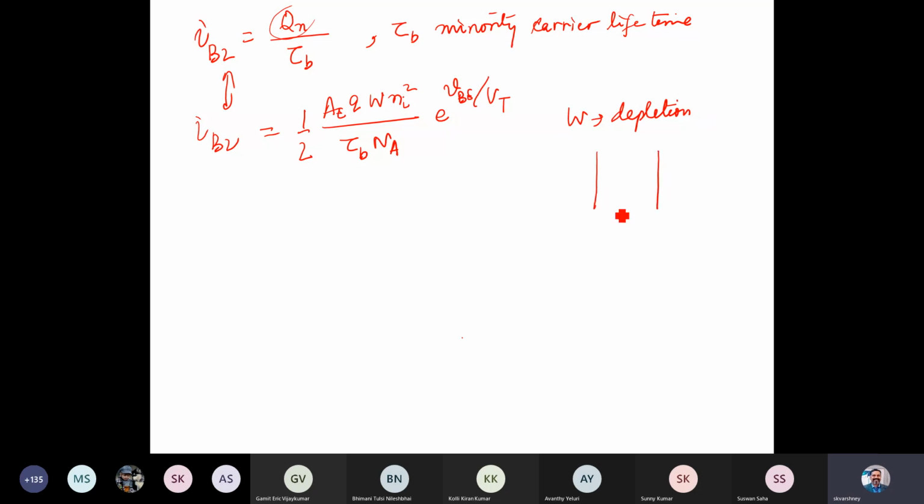Yes, so W is basically this width. Physically it is like this, but since this region is a forward-biased EBJ, and we have a much larger CBJ, effectively it is this distance W. So if we find the total base component, it is of the order of microamperes, IB2, and then we can write down IS.